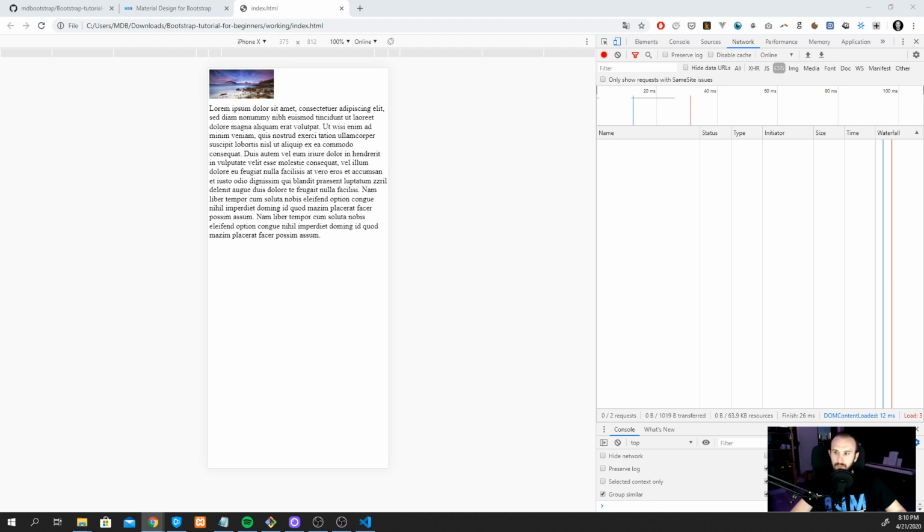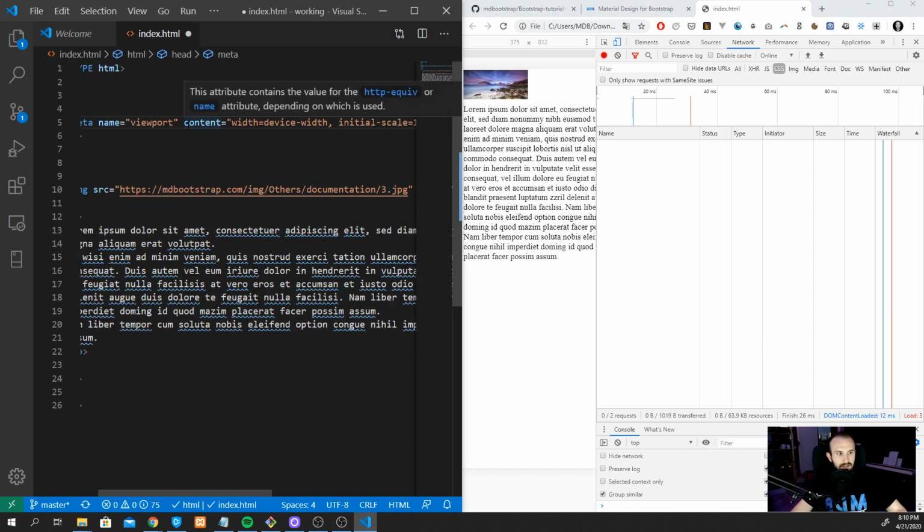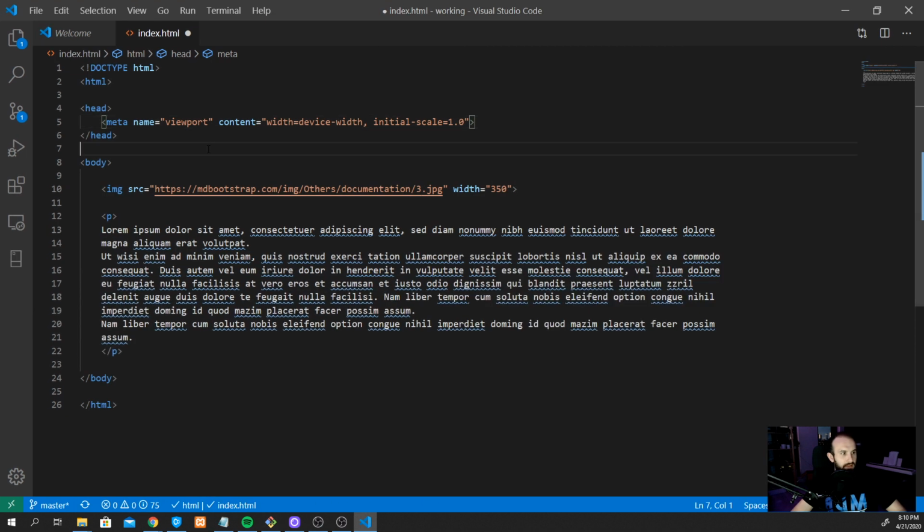In order to let our browser know that we wish to create a page which is responsive, we need to add this meta value. This meta name viewport says that we want the width of our website to be equal to the device width. So every time we open a website on some device like a tablet or a mobile phone,